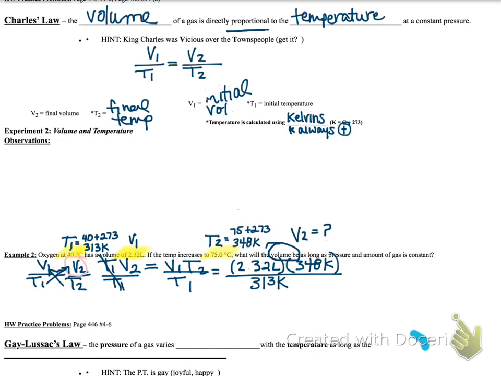So now we can plug these values into our calculator and solve for our final volume. So 2.32 times 348 divided by 313 is going to give us 2 point